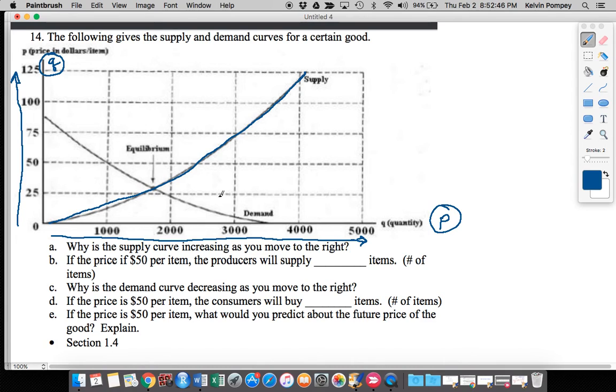All right, and so let's go to part B. It says if the price is $50 per item, the producers will supply blank number of items, right? So remember, our price is on this vertical axis, and 50 is right here. That's a price of $50. And so if I go to my